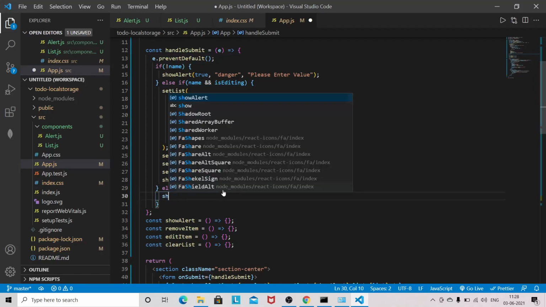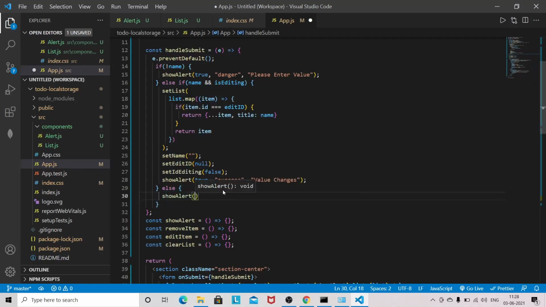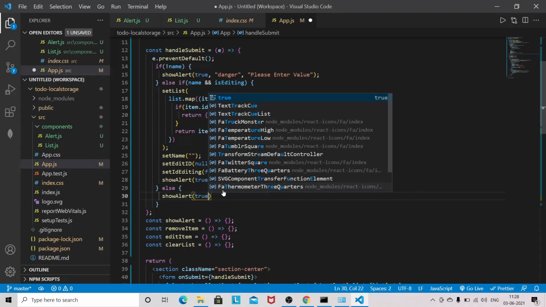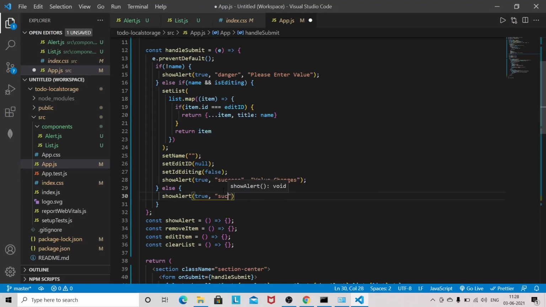So else showAlert true, success, and the message will be item added to the list.